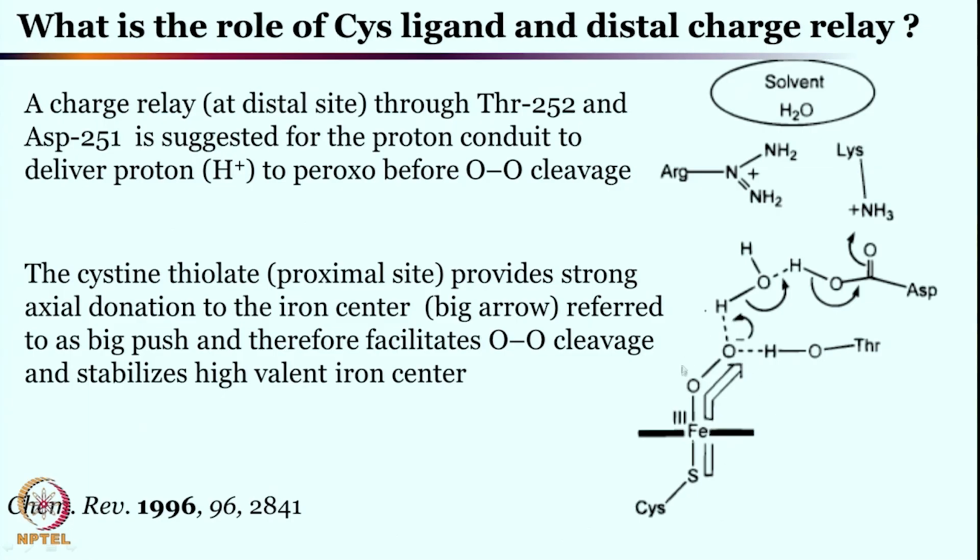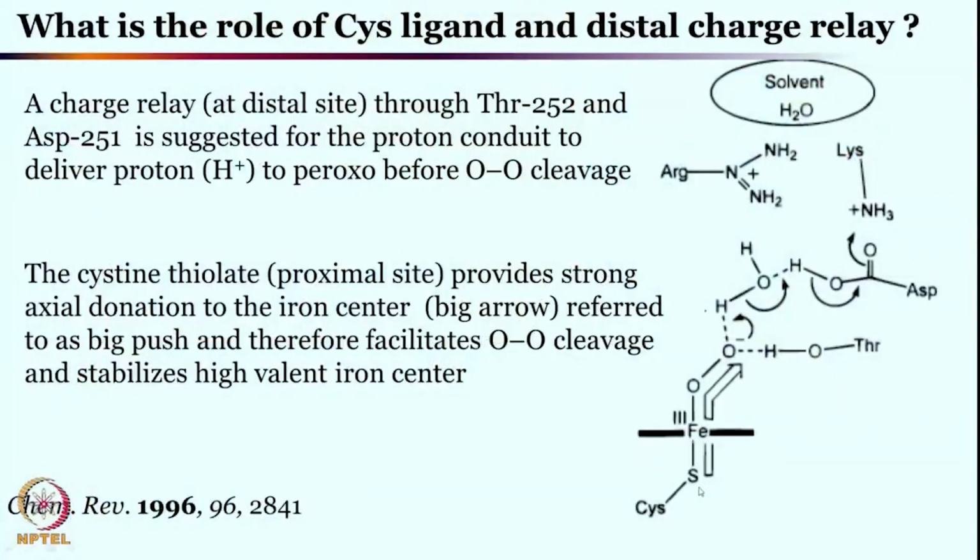The peroxo unit has to be protonated in the process, and that protonation is helped by the different side chains that are present over there. You see, there is a big relay process happening by which this protonation is taking place. So the side chains definitely help in the overall process of the cytochrome P450 mechanism, and more importantly this cysteine